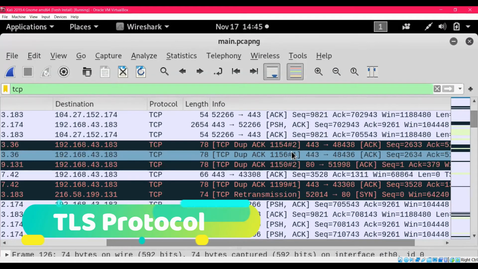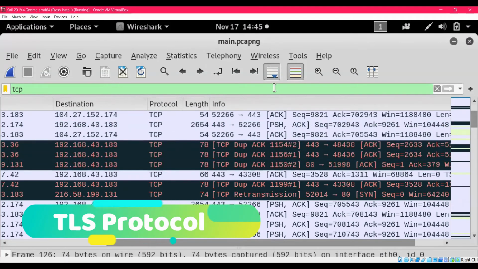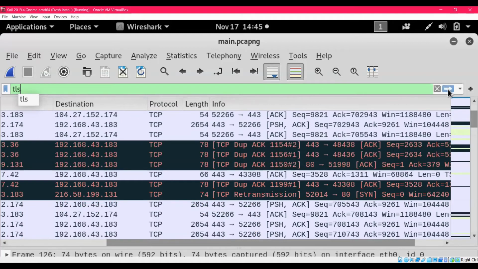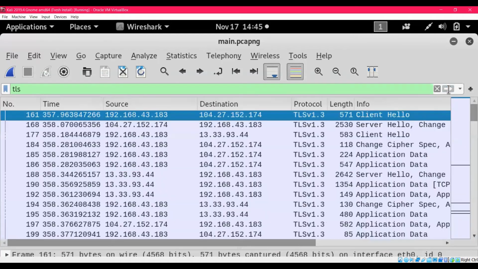Now let's look at TLS protocol. Its full form is Transport Layer Security. It is an encryption protocol that protects internet communication. TLS handshake is a negotiation between two parties on a network, such as browser and web server, to establish the detail of their connection. So I see right here that it's doing a security certificate exchange.